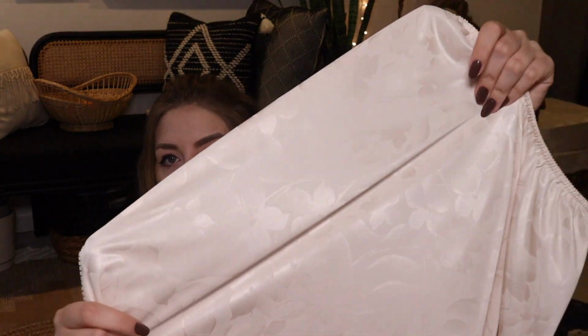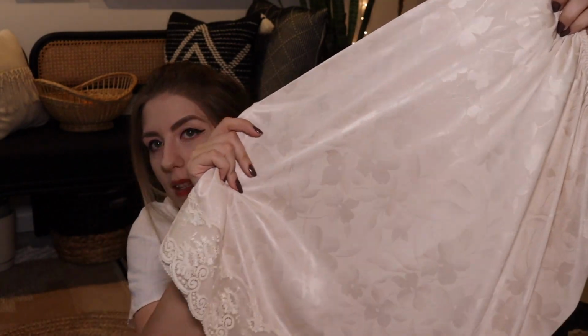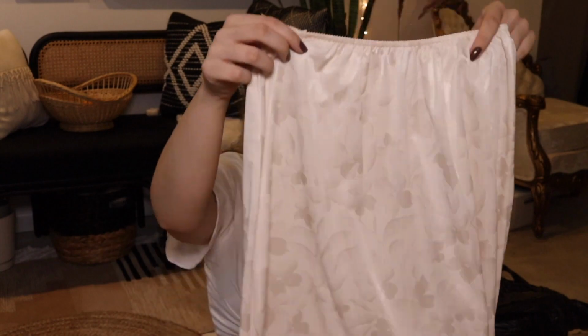And the actual fabric is sort of like this cream on cream floral design. You can kind of see how it shines in the light there. Oh my god, I loved that so much. And the other one is sort of similar to one I've thrifted before, but I really liked the pleating of